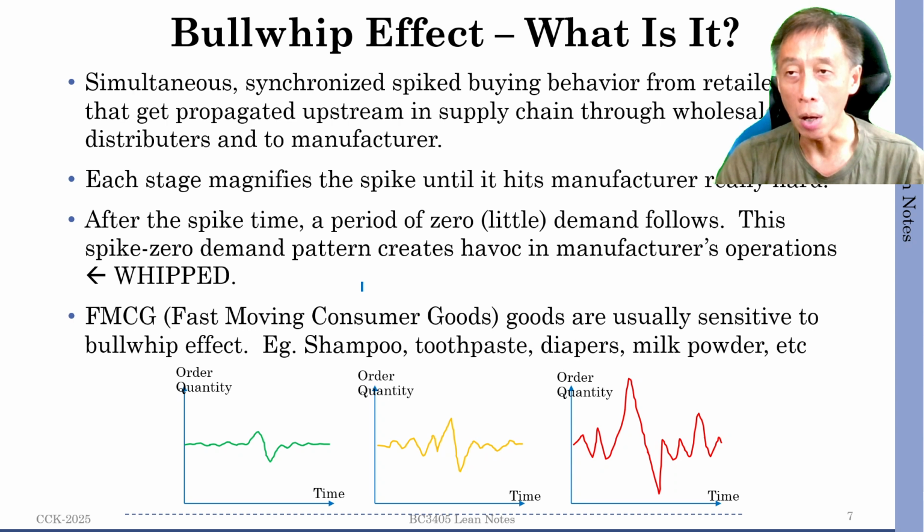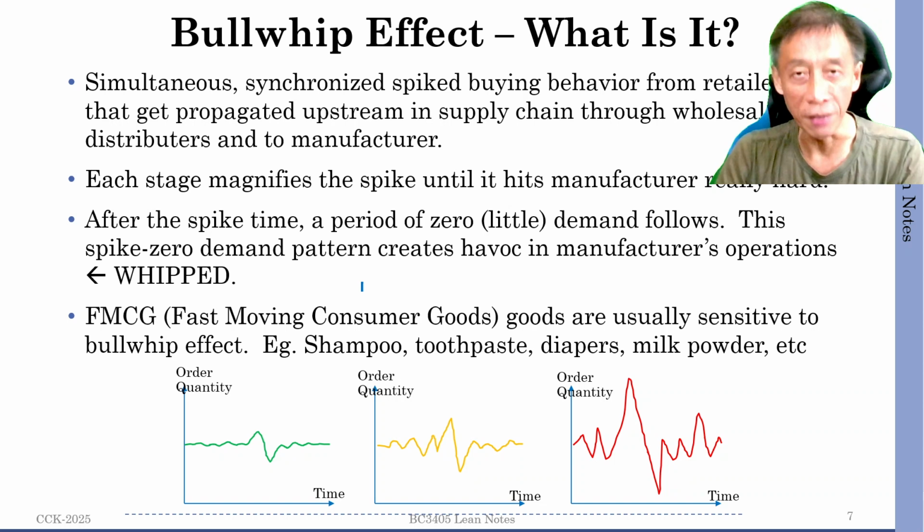And then we'll talk about the reasons and factors that cause it, so that perhaps we can work on the root cause itself. And finally, we will look at ways, actions, reactions that the stakeholders in the supply chain, such as the suppliers and the customer companies themselves, can do to reduce the effect or the impact, or better still, to eliminate it, right? To prevent it from being started even in the first place.